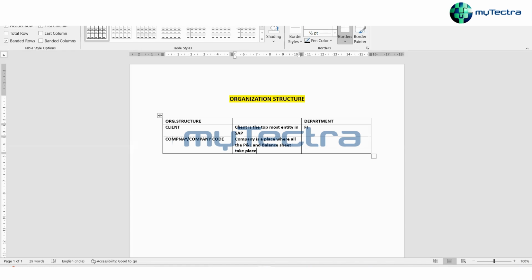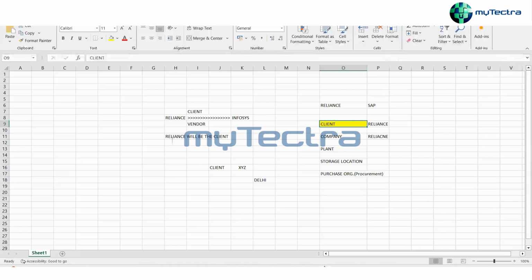In the customization or configuration part, or in technical terms, in SAP we have a thing called company. Why do we have the company? Suppose you have one company, XYZ, and this is your company. It is in, say, Delhi.